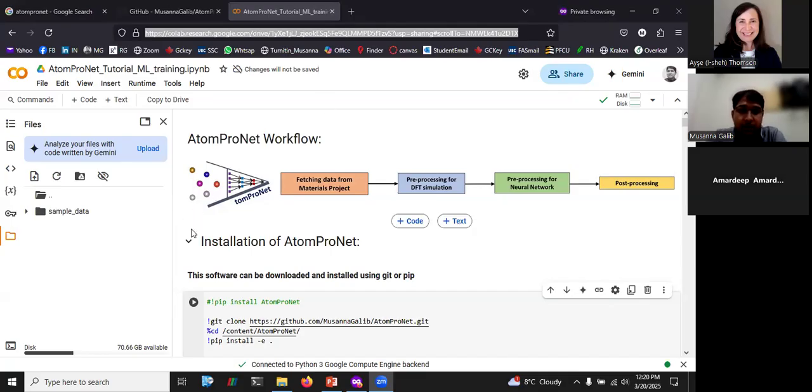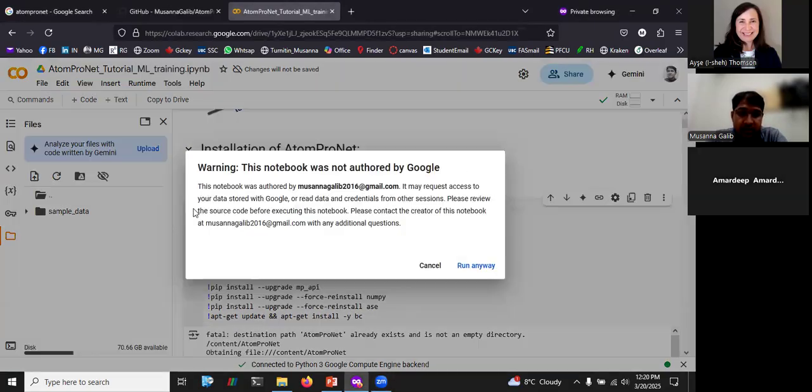Yeah. So as I said, there are 4 modules. First, we have to install the software, then we can download the data from the Materials Project, then we can run DFT simulation, then we can extract the data from DFT simulation for neural network training, and then we can do the post-processing. So I'll start with the installation. First, what we have to do is that